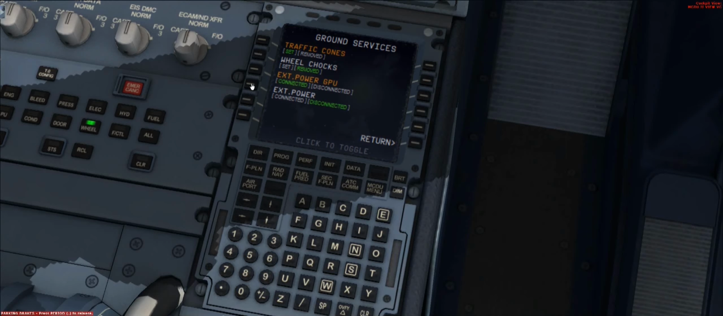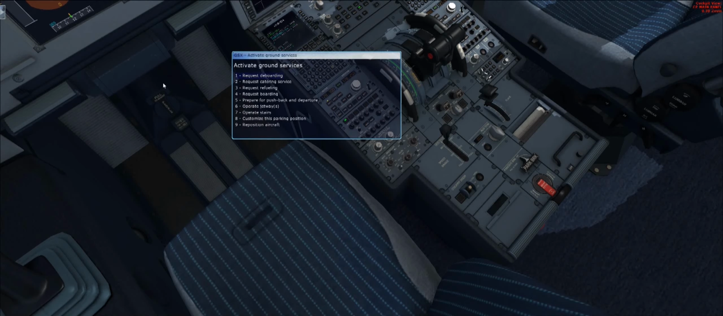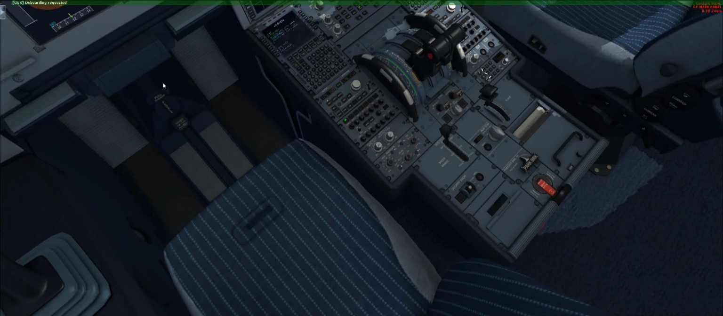So we are going to connect all of these, and once we connect them, we can actually turn off the parking brake right now. So we turn this off. There we go. Now we can have contact with ground clearance. So let's suppose that we are going to request the boarding. We request the boarding,